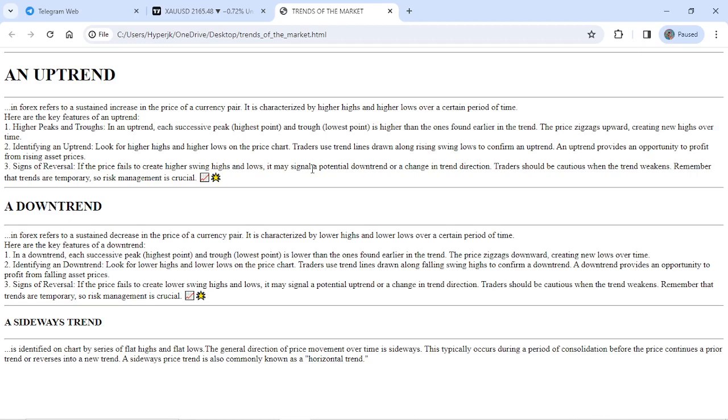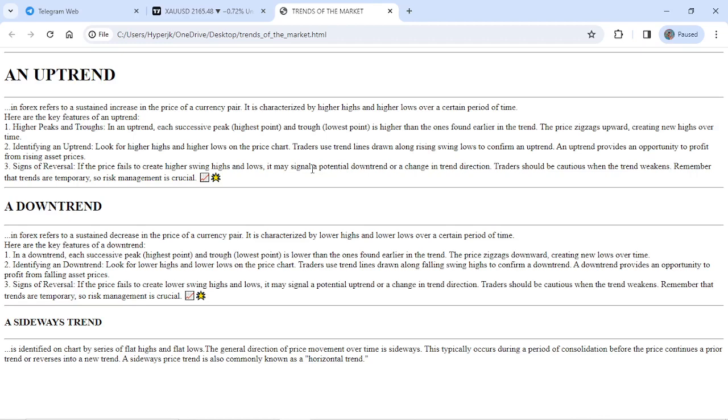So the peak is the high and the trough is the low of that particular trend that you are looking at. And when you're looking at an uptrend, you will notice that each peak goes higher than the previous one, and each trough goes higher than the previous one, making it a higher high and a higher low